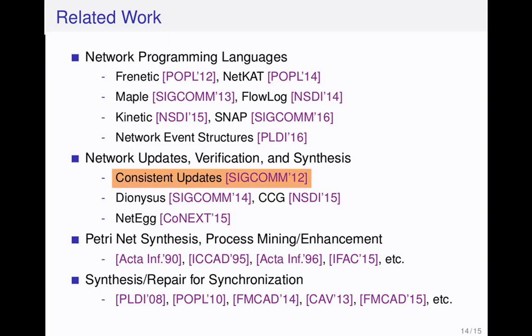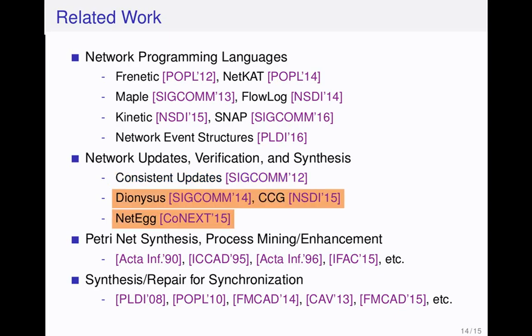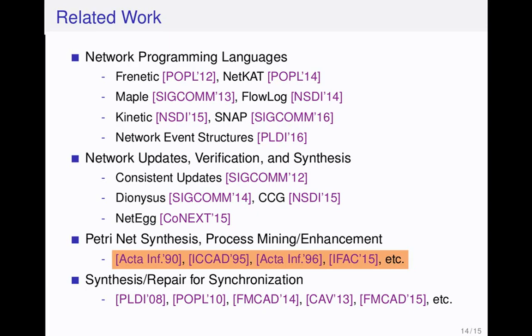This is an approach which formalizes how configurations can change, but doesn't consider events in that context. And there are some custom search-based algorithms for producing network programs from specifications, but none of these use counterexamples to speed up the search. And then there's a large volume of different synthesis and repair approaches for Petri nets, but these solve different problems that we can't directly use in our context.